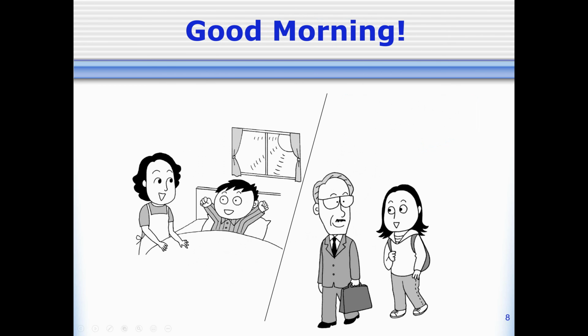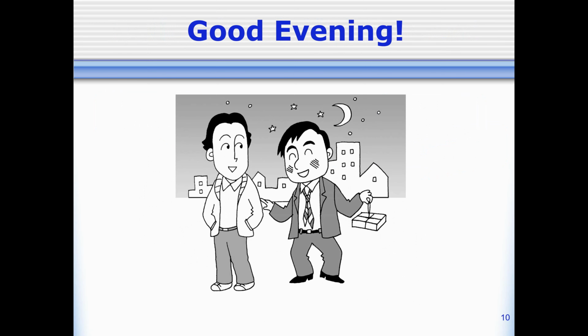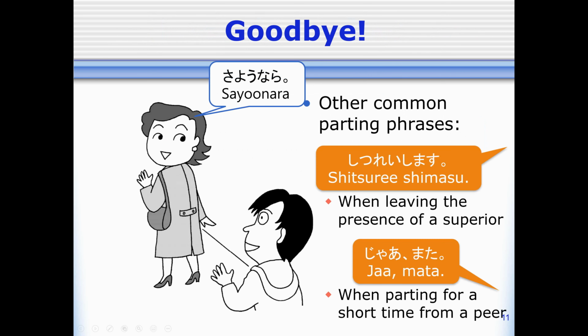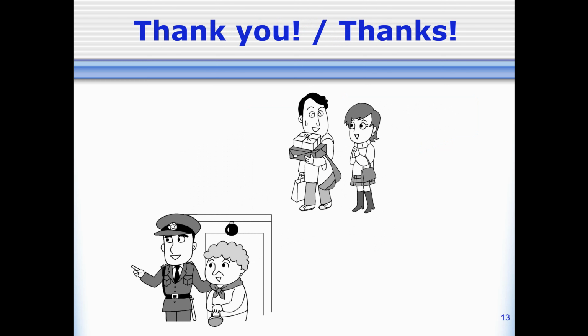おはよう. おはようございます。こんにちは。こんばんは。さようなら。失礼します。じゃあまた。おやすみなさい。The next one is a way to say thank you. You've probably heard this before. ありがとう。